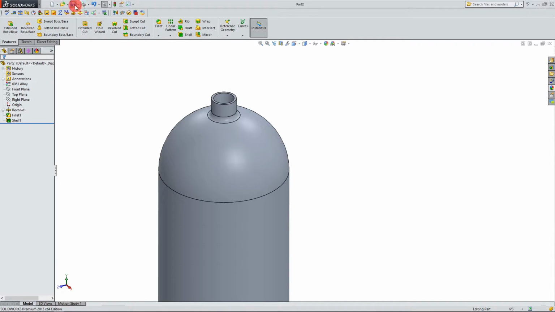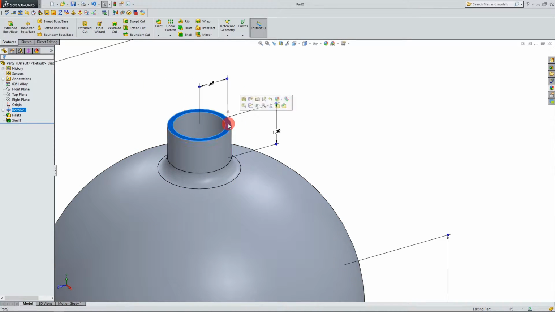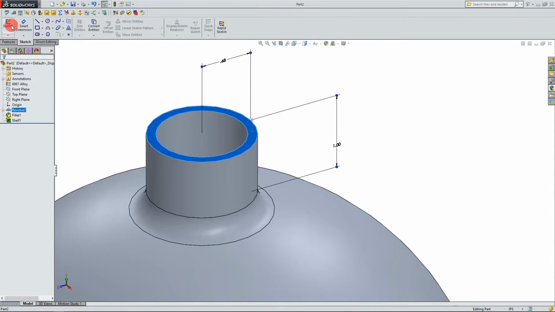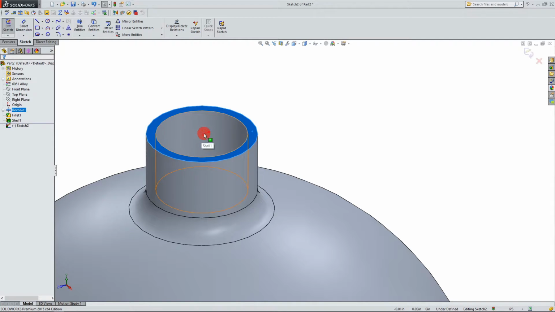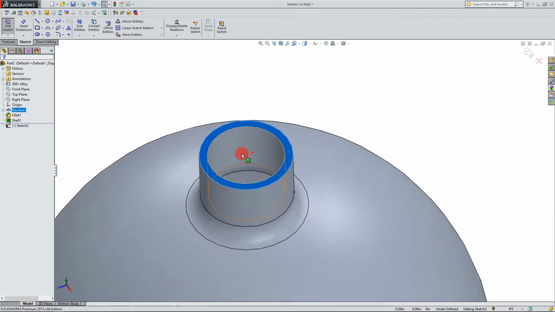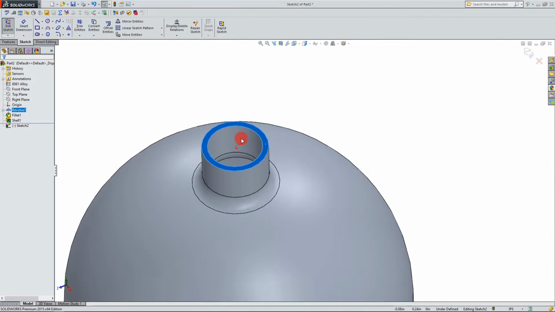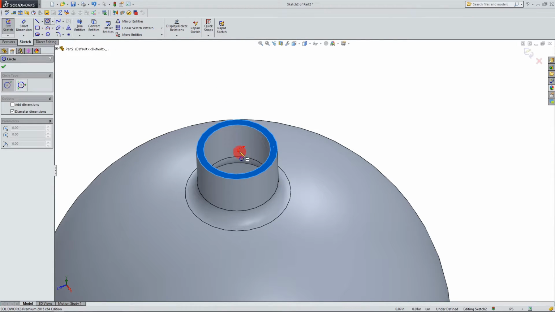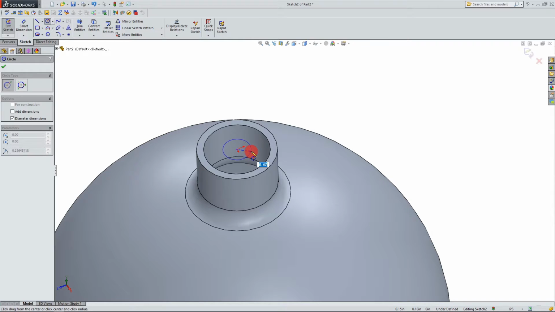And from here, what we want to do is create a sketch here on this face. So I'm going to come over to sketch, start a sketch, and the origin of our sketch is going to be automatically in the center here, because that's where the origin is of our part, because we started our first sketch for the Revolve right on the origin. Very important. So I'm going to come over to circle, click on circle, select the midpoint here, and I want to drag this out